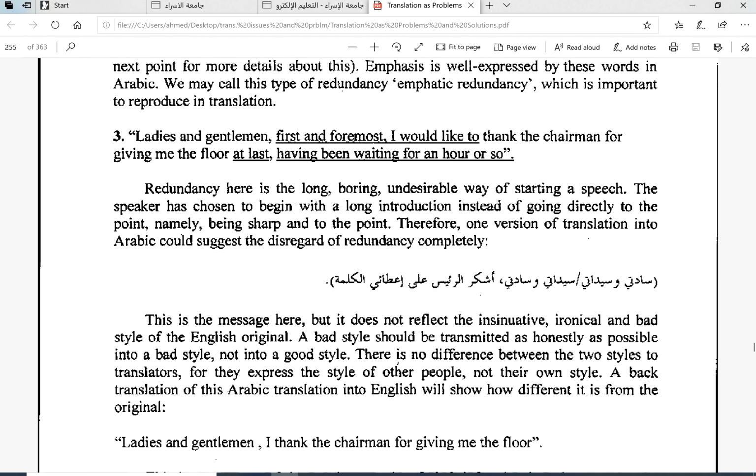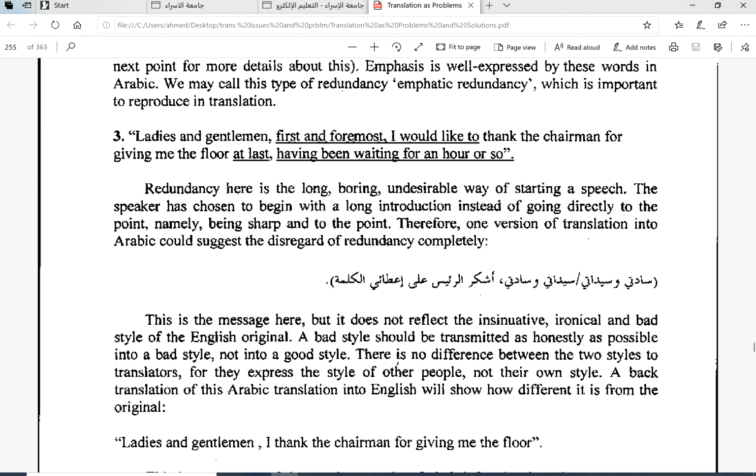The third example will say, ladies and gentlemen, first and foremost, I would like to thank the chairman for giving me the floor at last, having been waiting for an hour or so. Redundancy here is a long, boring, and undesirable way of starting a speech. The speaker has chosen to begin with a long introduction instead of going directly to the point, namely being sharp and to the point. Therefore, one version of a translation into Arabic could suggest the disregard of redundancy completely, saying